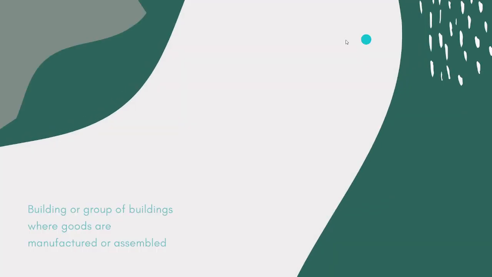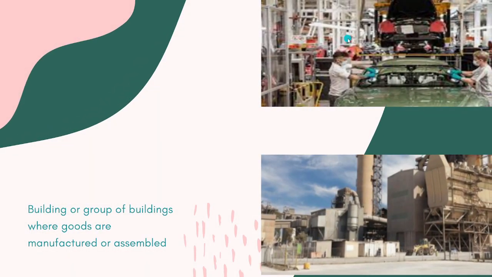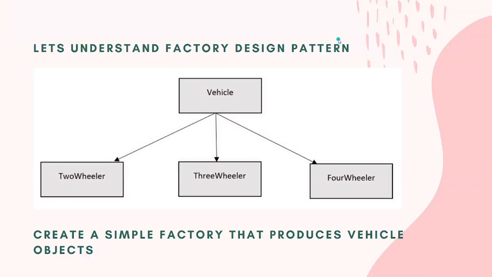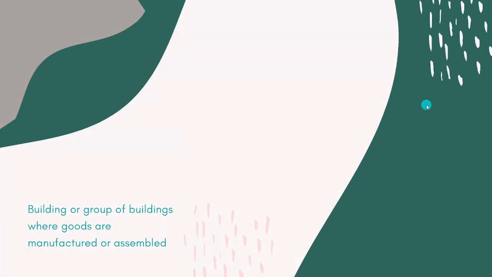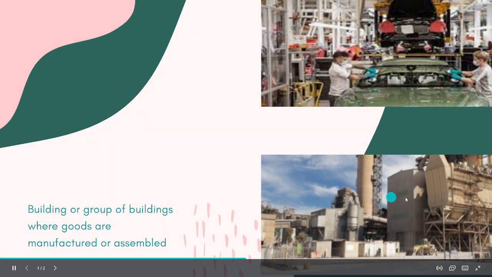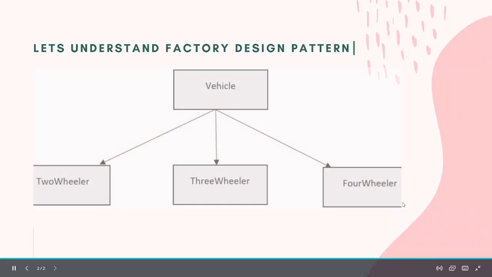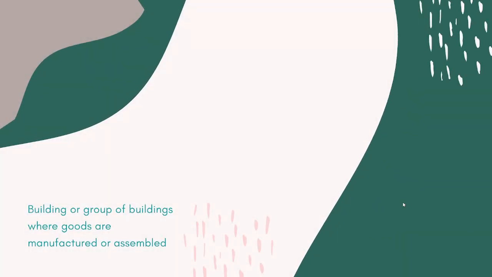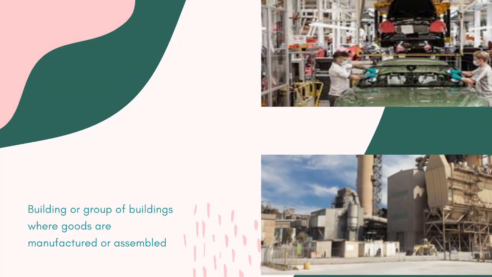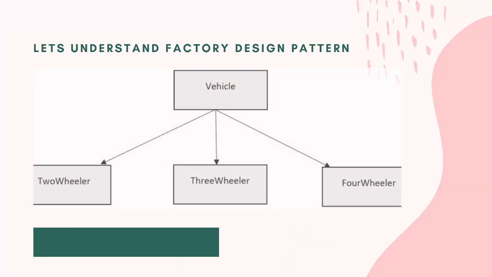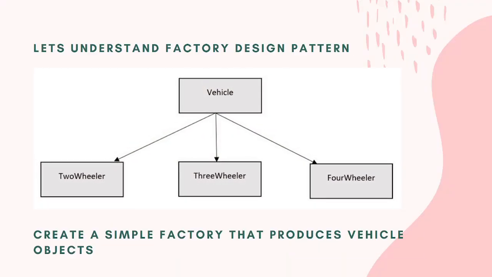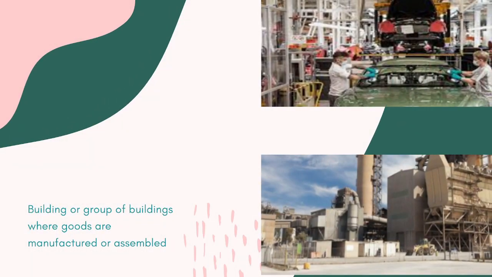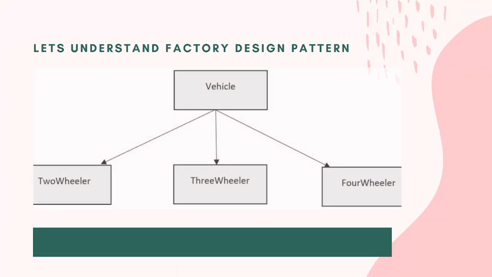Generally, what do we think about a factory? An infrastructure where goods or products are manufactured or assembled. A car factory, where we expect a car as the end product. Similarly, in a cement factory, cement is the end product. So when we are discussing the factory pattern in technology or object-oriented programming, definitely we expect an object as the end product. A factory which provides us the required number of objects of different types is called the factory pattern or factory method in programming. So this is the concept.